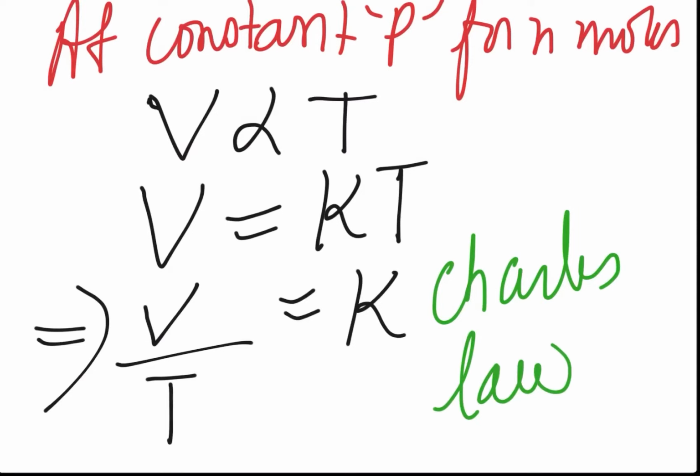There is one thing now which you have to understand from this expression. If I say V by T is a constant, that means whenever I divide volume by temperature, it will always be a constant in all cases. Okay, so just take a screenshot of this. And now let's move to the next slide.